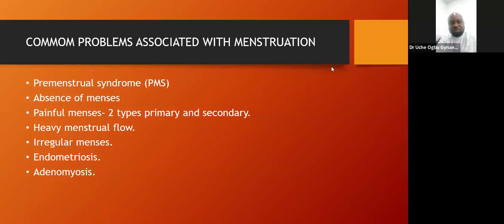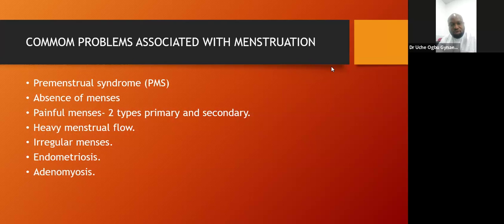Then other common problems include heavy menstrual flow. Heavy menstrual flow is when you start noticing menstrual loss in excess of 80 mils per day. So it could be in terms of quantity, it could also be in terms of the number of days. That's theoretically, but practically, some of the ways you can quantify it: for example, you used to use 3 sanitary pads to contain your menses, and all of a sudden it increases to 6, 7, 8, is often of concern.